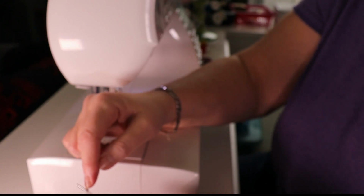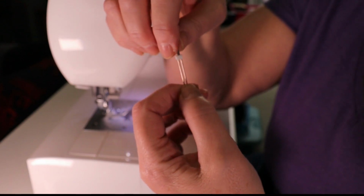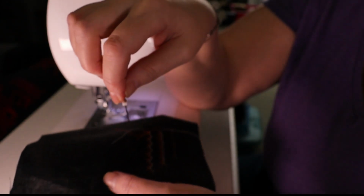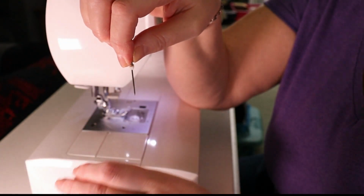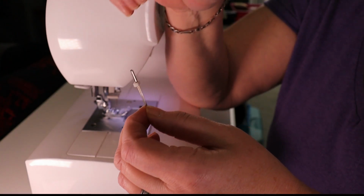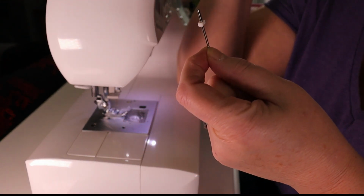It's a single heavy shaft connected to two thinner needles. Oops, I'm way off the camera. So I would really only use it for one or two layers of decorative stitching and leave it at that. I wouldn't try to use them as a shortcut. That's why I broke it. I was trying to use it as a shortcut to